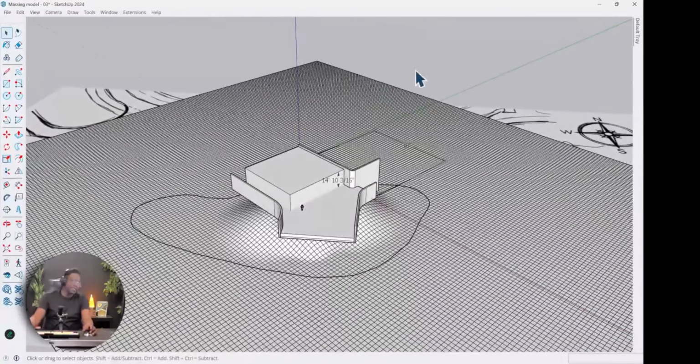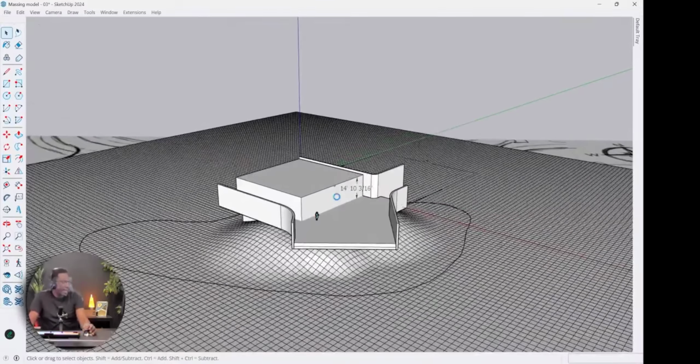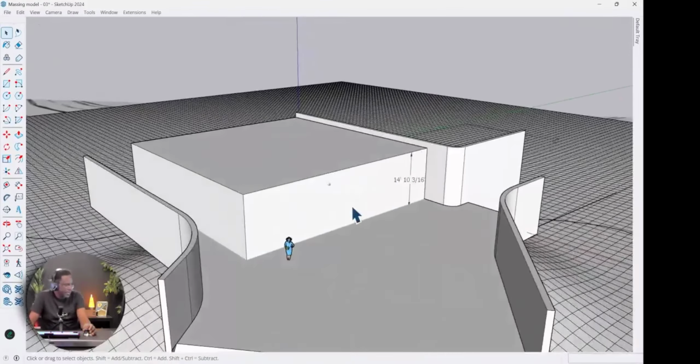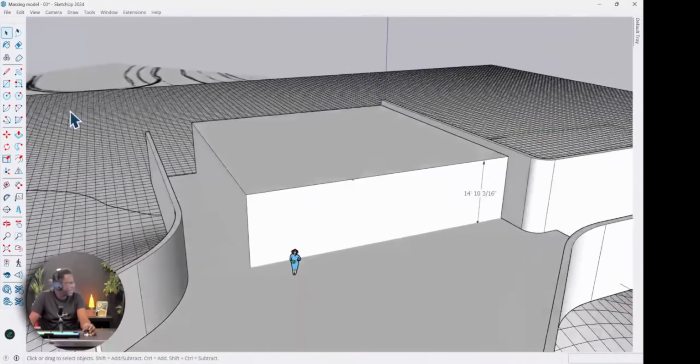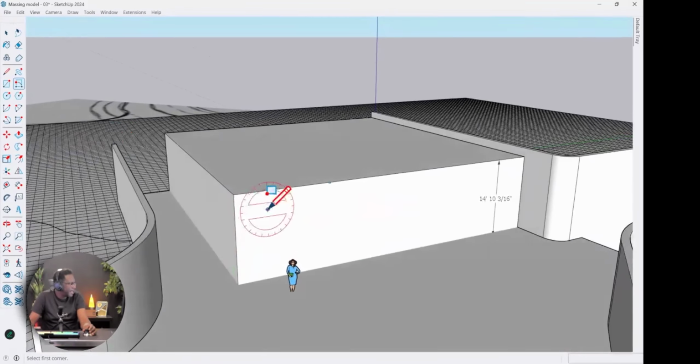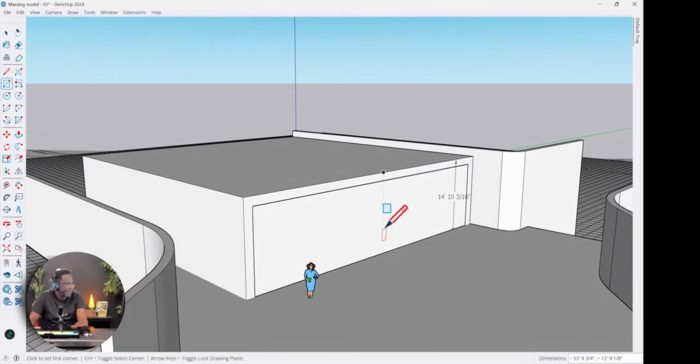Okay, now that we have this model complete, we are going to perform a solar study. And one of the reasons we might want to do that, for example, in this case, this is going to be the main exhibition space. And one of the ideas that we want to explore is that we want to have an opening on this wall.